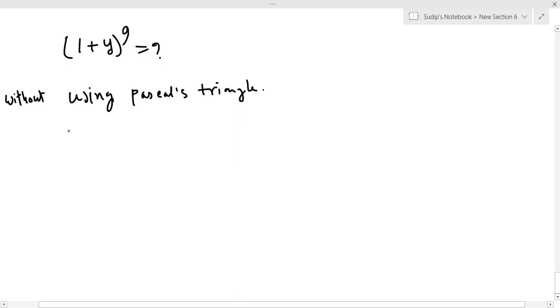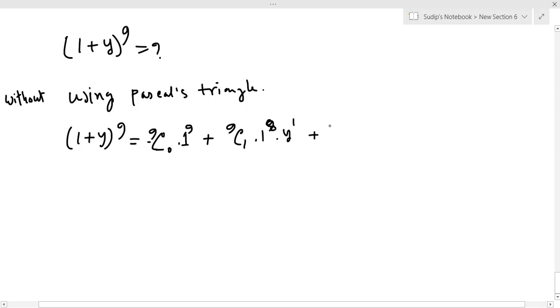(1 plus y) whole to the power 9 means 9 choose 0 into 1 to the power 9, plus 9 choose 1 into 1 to the power 8 y to the power 1, plus 9C2 1 to the power 7 y to the power 2, 9C3 1 to the power 6 y to the power 3,